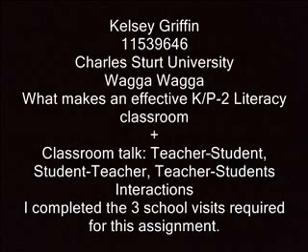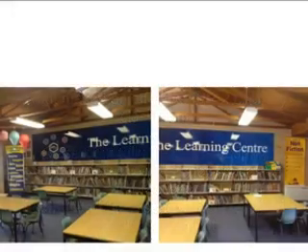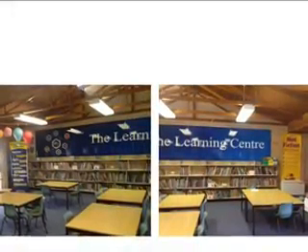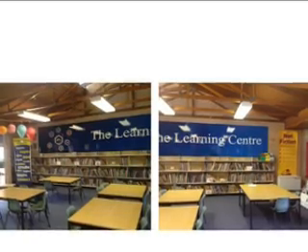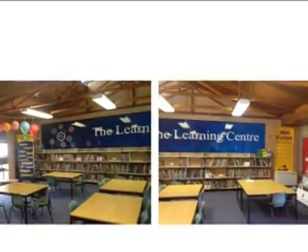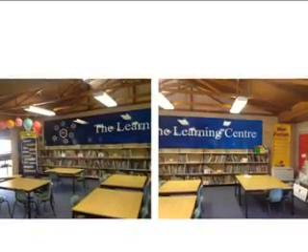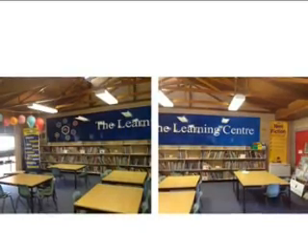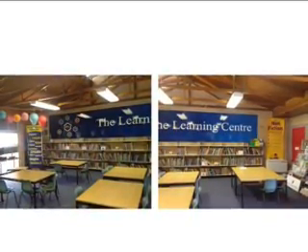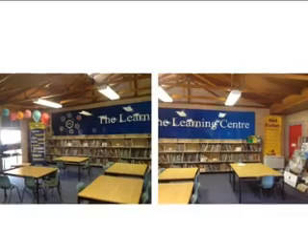What makes an effective K-2 literacy classroom? And classroom talk: teacher-student, student-teacher, teacher-students interactions. In the first half of this presentation, I will be exploring what literacy is and what makes an effective K-2 literacy classroom. Literacy can be defined as the ability to read or write, although when the question "what is literacy"